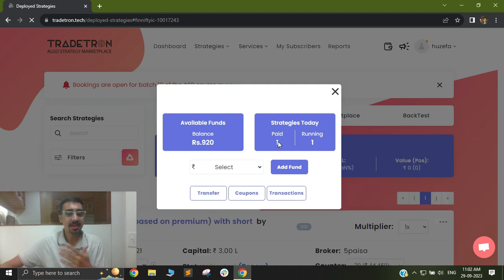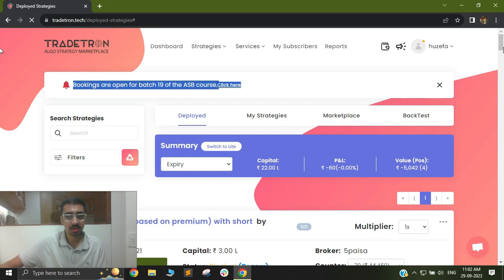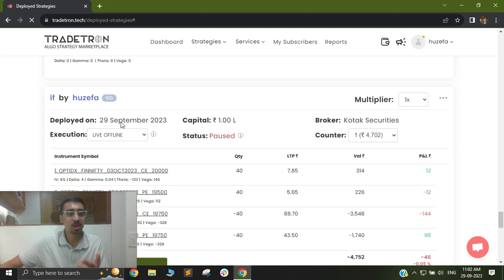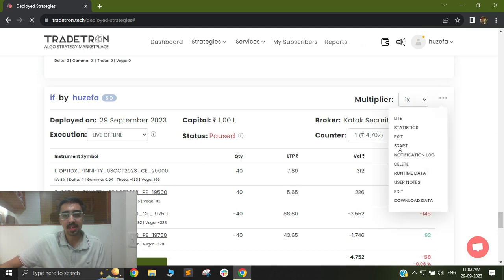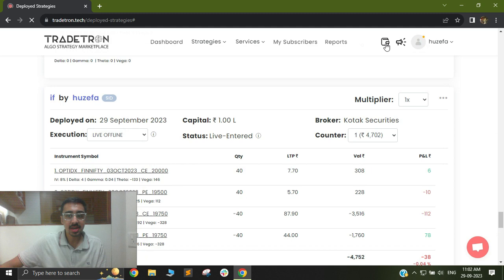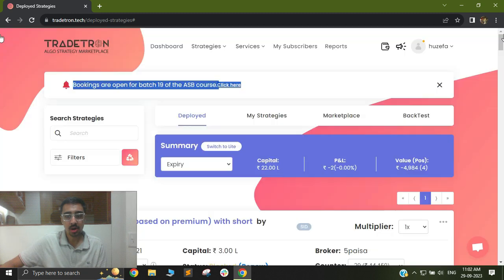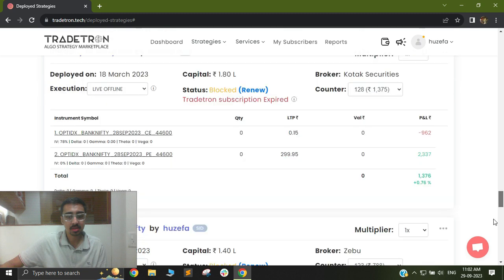Now let's say I unpause my strategy, the one that I had paused, and I just click on start out here. You will now see a change. The change is that I have now paid for two strategies, because I have two different strategies running simultaneously, and I have two running strategies. If I now archive these two strategies, or I can delete these two strategies, in that case you will see that